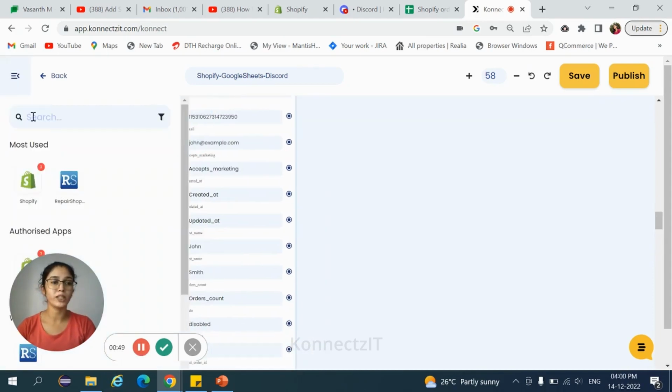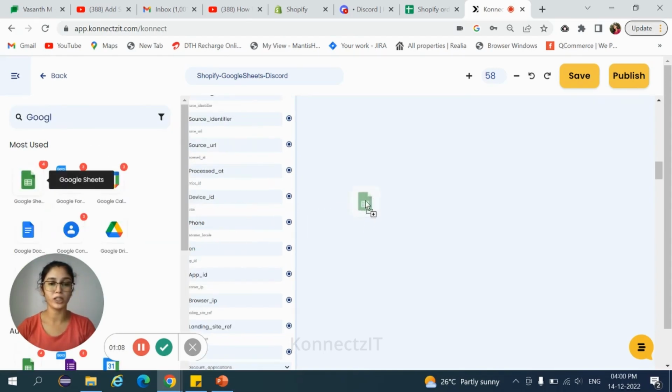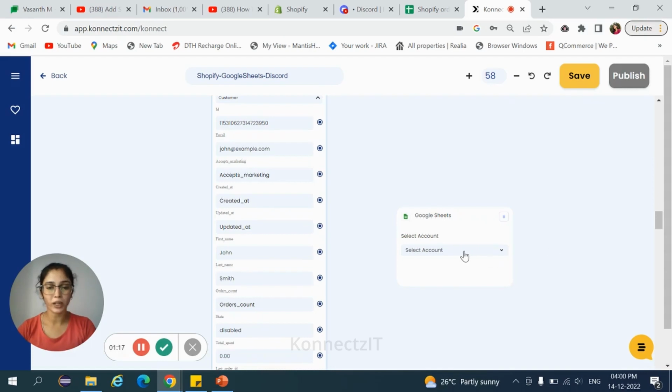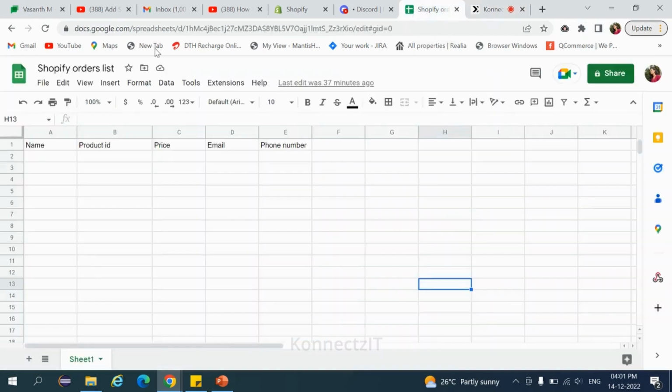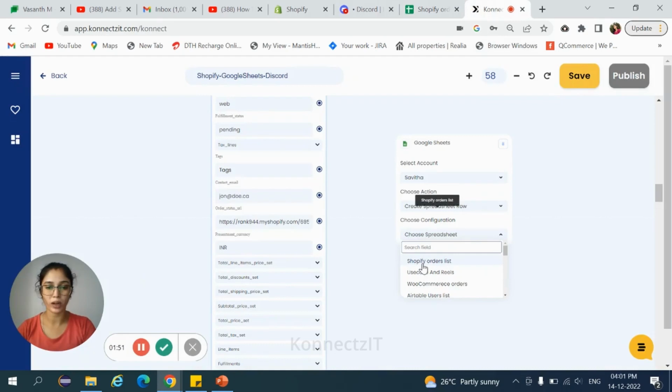Now, search for Google Sheets to store the data. Just drag and drop Google Sheets. Select your particular account and choose the action, that is create spreadsheet row, and choose the spreadsheet. So this is my spreadsheet, that is Shopify orders list. Here I have already created the columns with name, product ID, price, email and phone number. And now select that Shopify orders list, choose the sheet